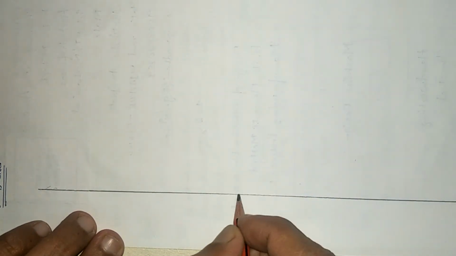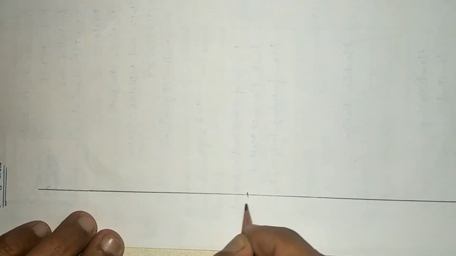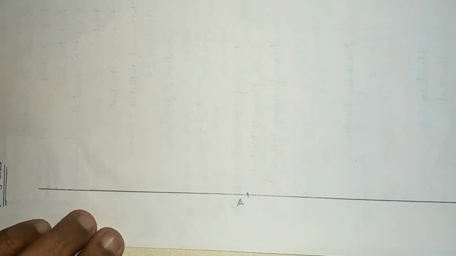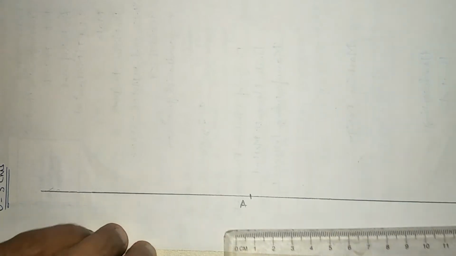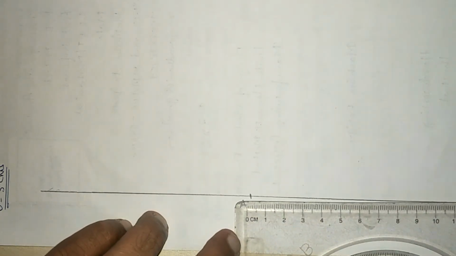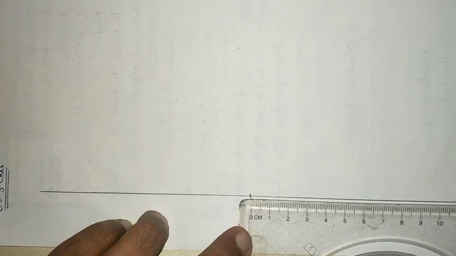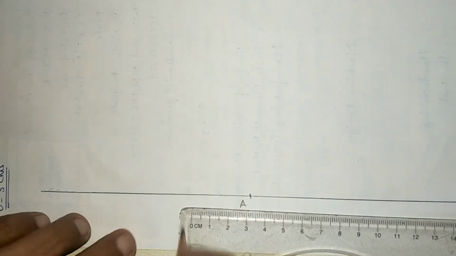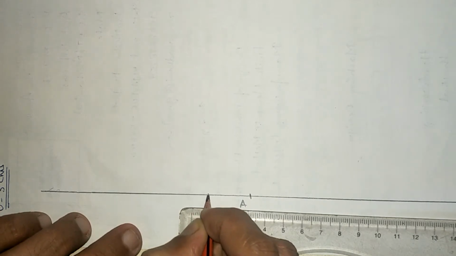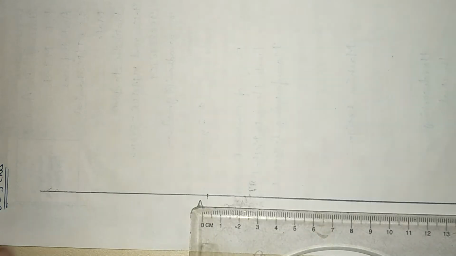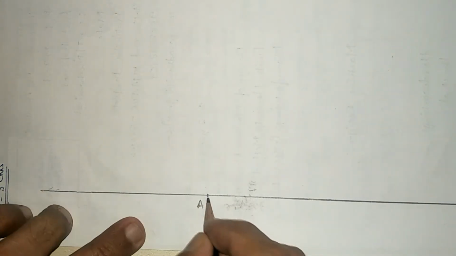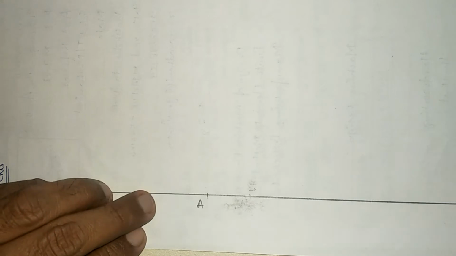Right. So here I am going to locate point A. For point A, I am assuming the value of U is equal to 3 centimeters, as you can see here. So I will locate point A here. It is better to locate point A here. As you can see, I have located point A here and I am locating point B.